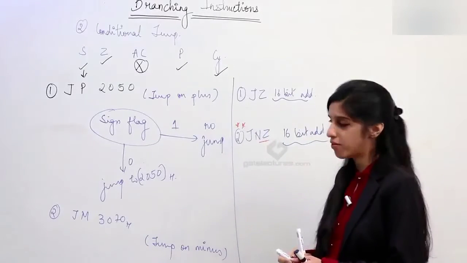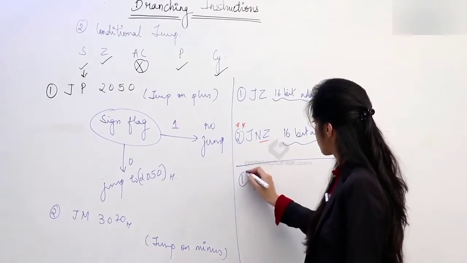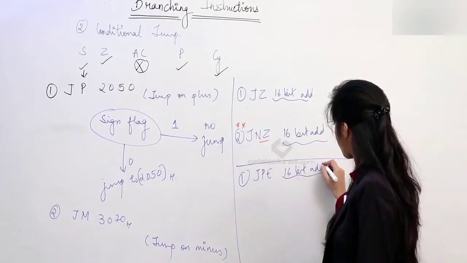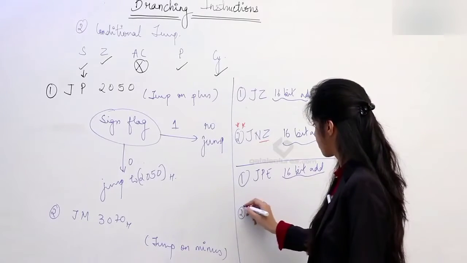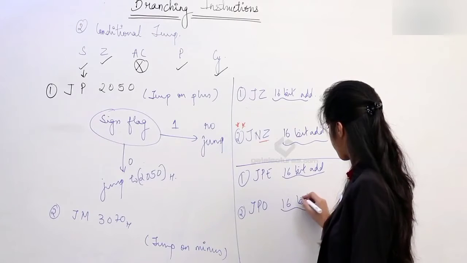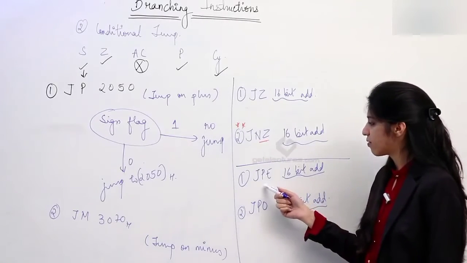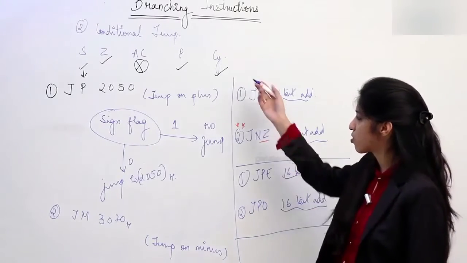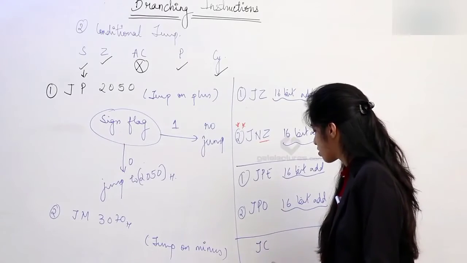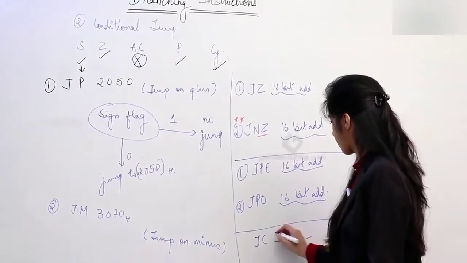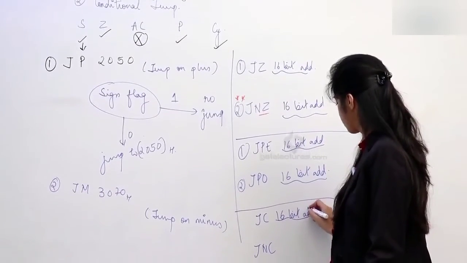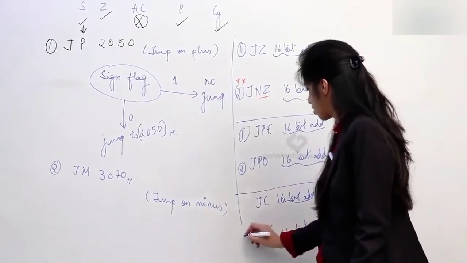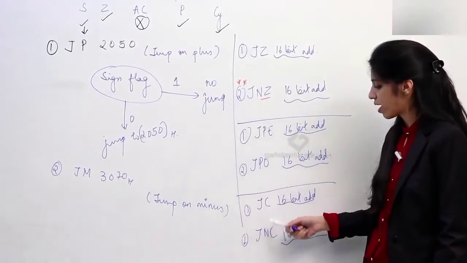Based on the parity flag we have two instructions, jump on parity even and jump on parity odd. If parity is even, you make a jump here, and if the parity is odd, you jump here to the required address. And based on the carry flag also, jump on carry and jump on no carry. Here you jump when the carry flag is 1, and here we jump when